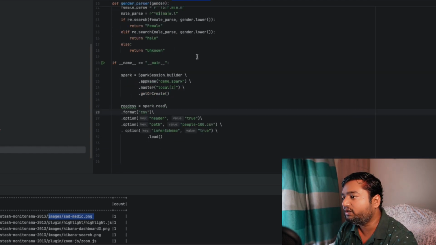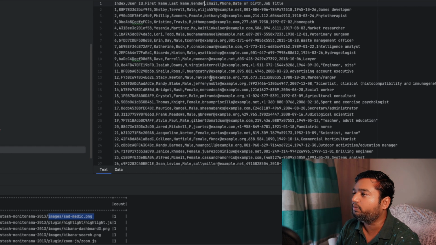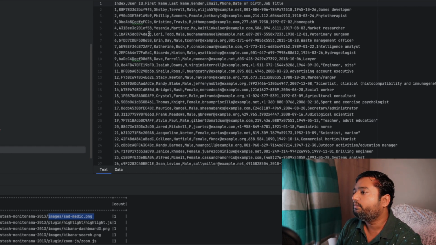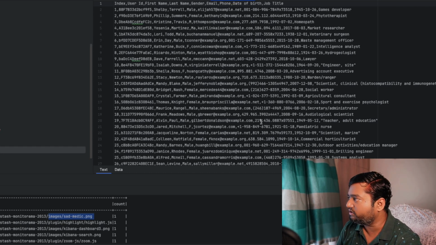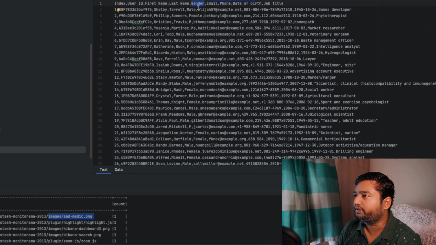तो टू स्टार्ट विथ, आई हैव टेकन द फाइल पीपल 100 CSV। जो अगर आप मेरे पुराने वीडियो देख रहे हैं तो आपको पता होगा कि मैं इसी फाइल पे 100 रिकॉर्ड से, इसी फाइल पे मैं बहुत सारे सिनेरियो को रिकॉर्ड कर रहा हूँ और पोस्ट कर रहा हूँ यूट्यूब पे। So our problem statement is,